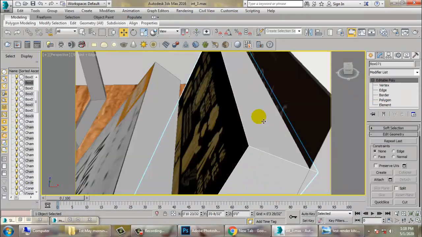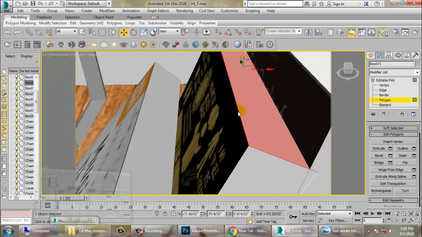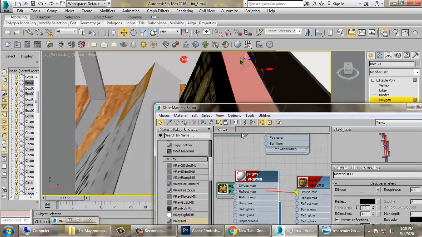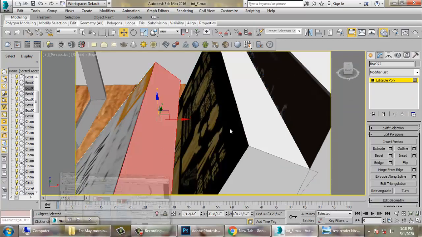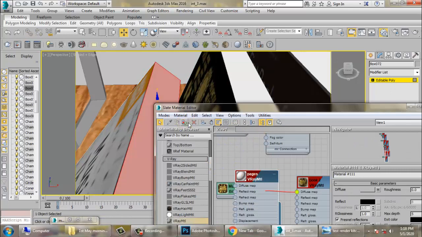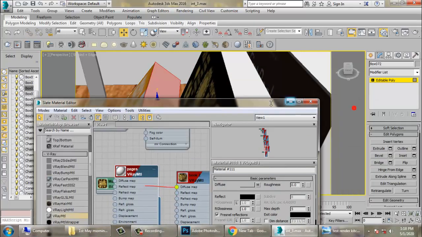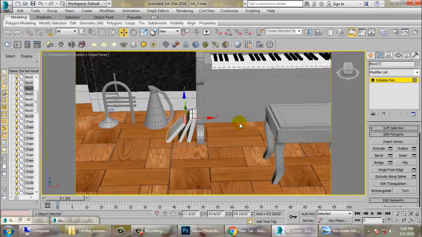So for this, for the top part, assign this color. For this, for the top part, again assign this. That's it. Alright.